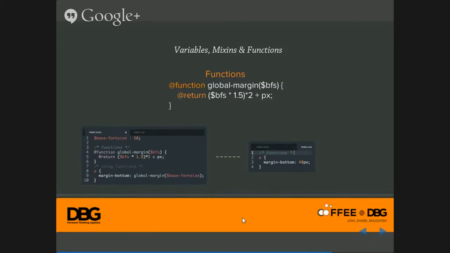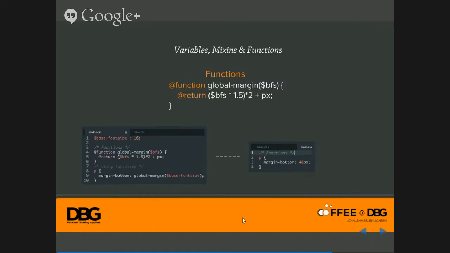Okay, this is a simple example of what a function looks like. At function, this is my function name and just a simple parameter, and I am returning a simple math.